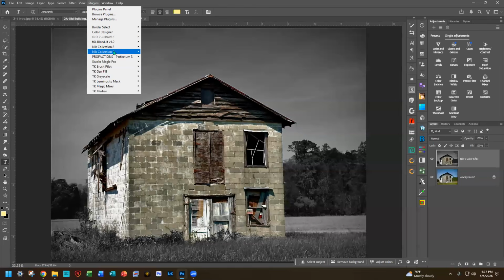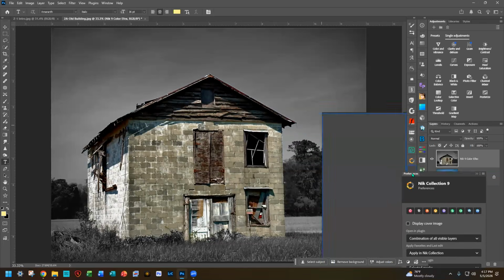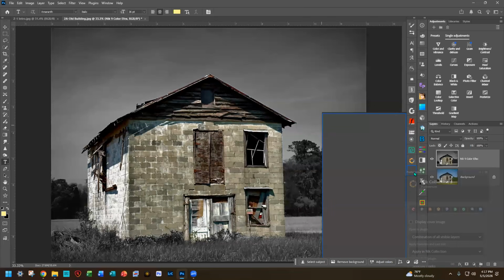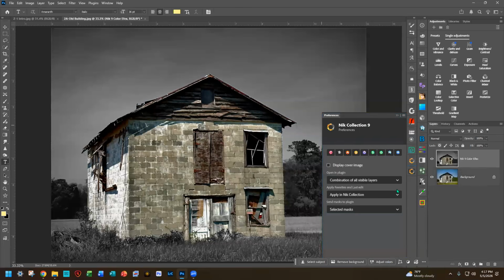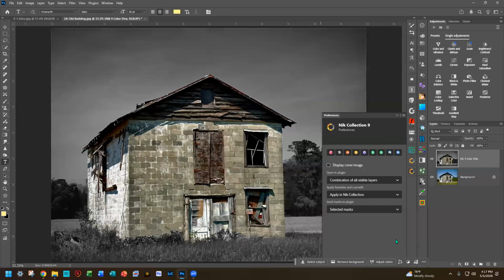So again, if you go to your plugins and go to the Nik 9 and go to preferences, when you get this box the first time, grab the preferences and drag it until you see that little blue box on the bar that you want to put it in. And then it will stay there, so you can just click that to open the panel each time you go in. And then you can also adjust how you're working with it, because if you remember in the last version, we also have,